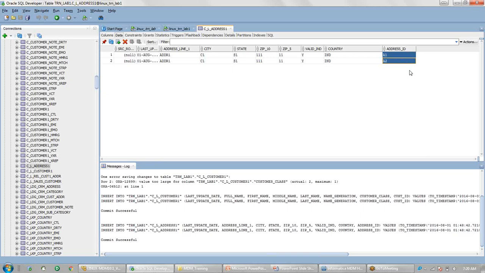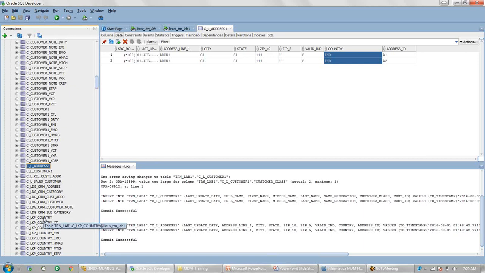Basically I am passing address ID as A1 and A2. So these are the two landing table records for my address. As of now, this is a normal process. Here the country code I have passed as IND. So here the lookup process will happen, and I should have some data in my lookup table.